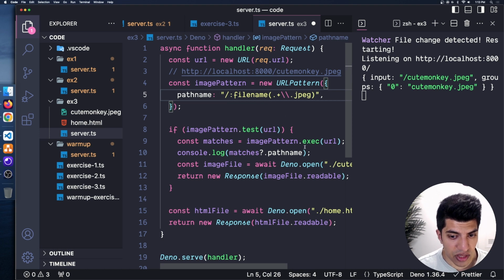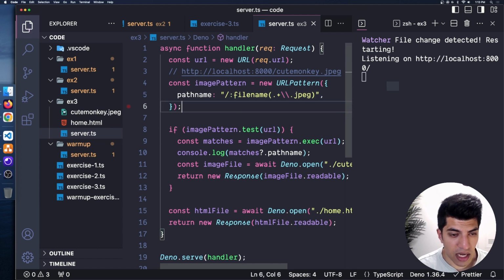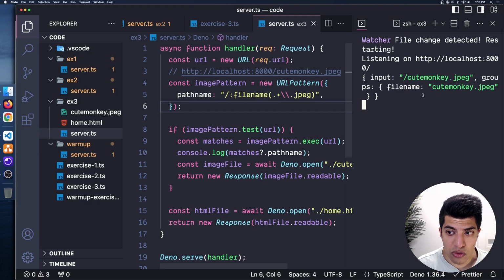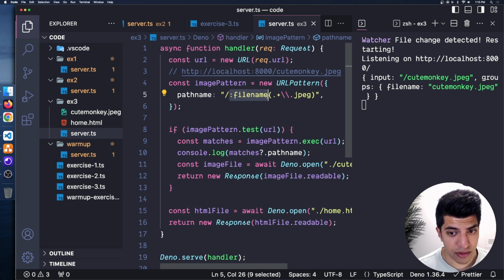If I save this, notice this is 0 before. Okay, and if I save this and I give it a name now, and then I put the group match right here, and I save that, I'll go back to Chrome, I'll refresh, and then I'll come back here. Notice that that's now file name. So it has a nice name instead of just randomly starting at 0, 1, 2, 3 with all the matches. I can give it a named match,